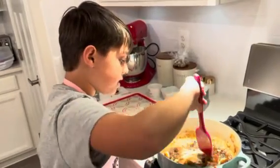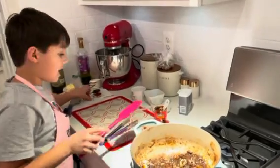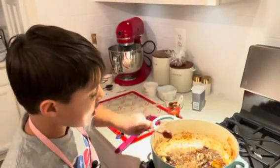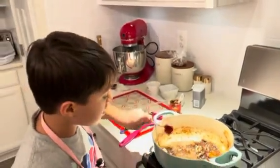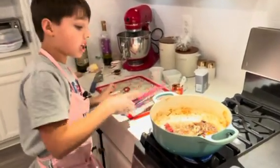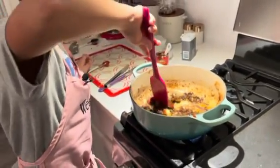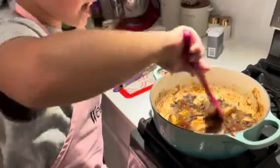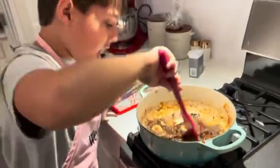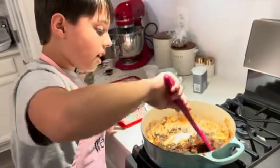All right, so now what we're gonna do, we're going to take some tomato paste and put that in. This will intensify the flavor and give it some nice color. Browning tomato paste doesn't make things taste particularly tomatoey. It just intensifies the flavor. All right, so once I get this pretty much as mixed as I can get it,